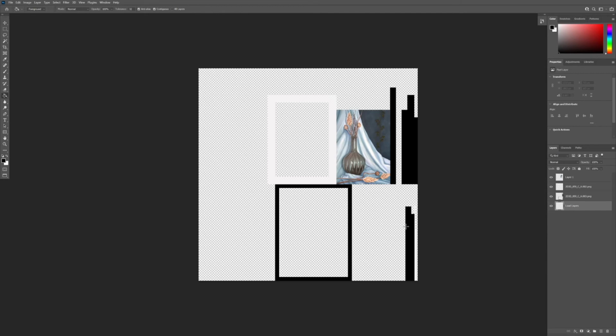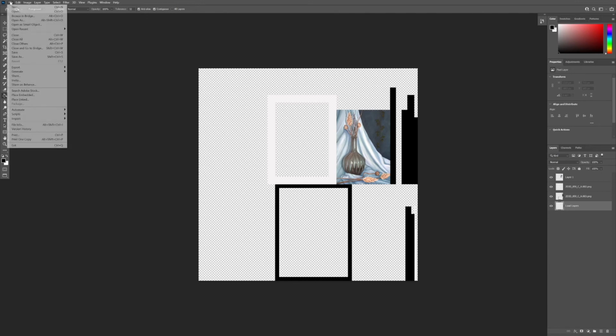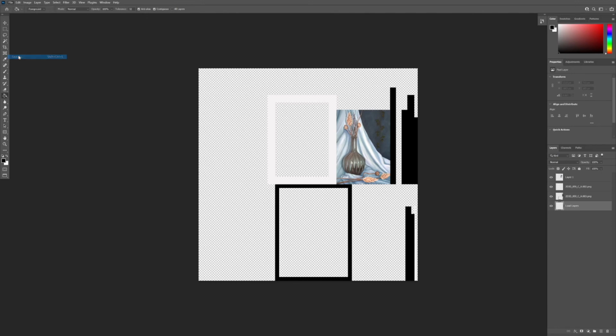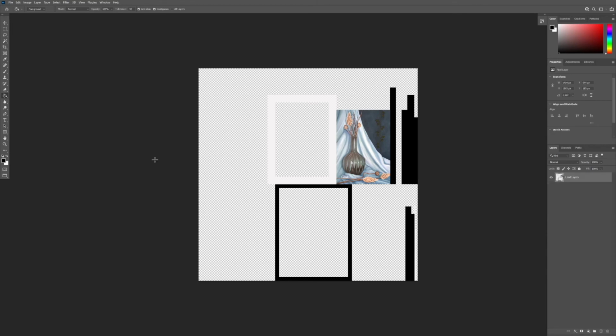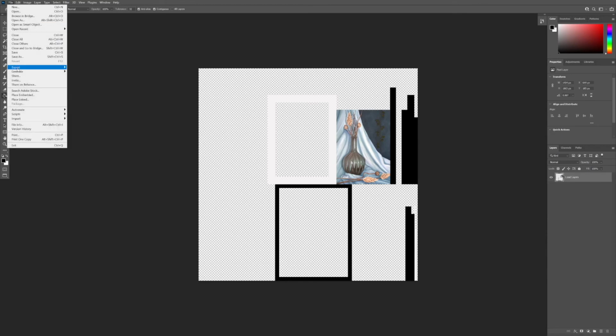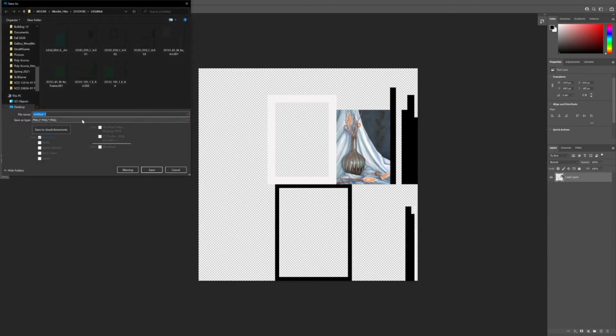And all we got to do with this is File, Save As, and put it back into our folder as a JPEG. Oh, we've got to flatten it first. Control Shift E flattens it all out. File, Save As, JPEG, boom, and we'll title it